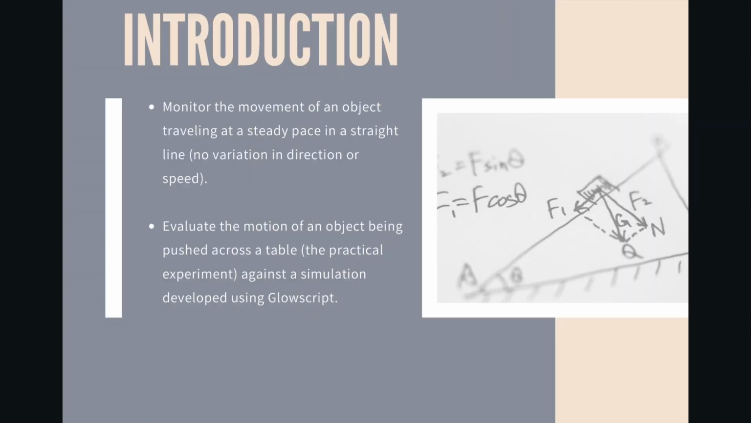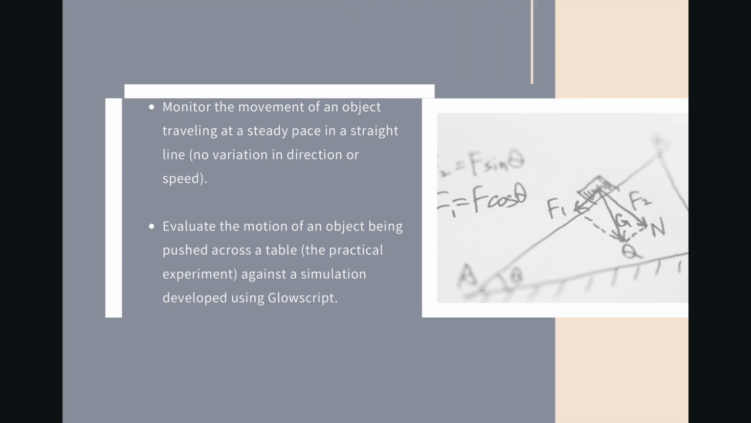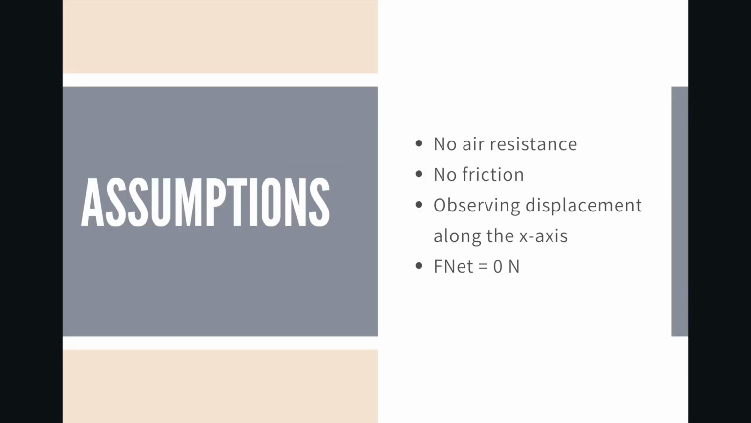The purpose of this experiment is to monitor the movement of an object traveling at a steady pace in a straight line. This means with no variation in direction or speed, so constant. And also evaluate the motion of an object being pushed across a table. This is the practical experiment, against a simulation developed using GlowScript. We will assume that there is no air resistance, no friction. We will be observing the displacement along the x-axis,